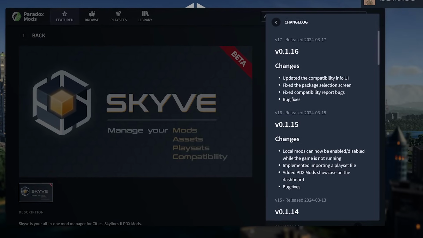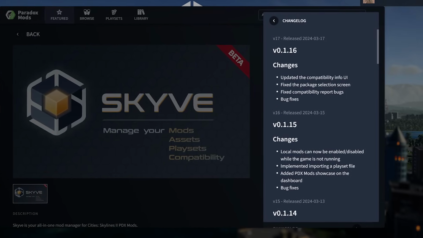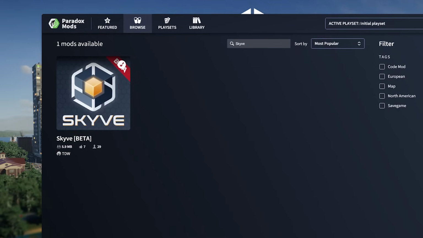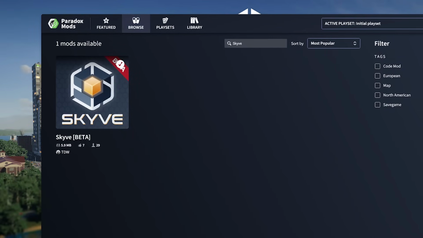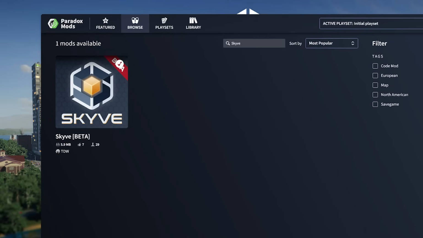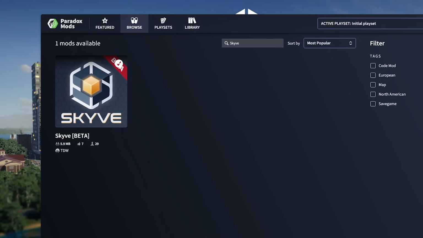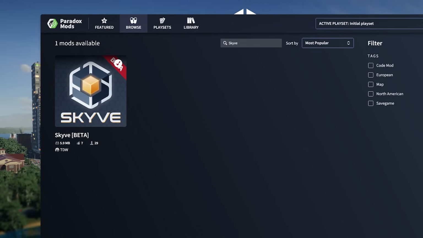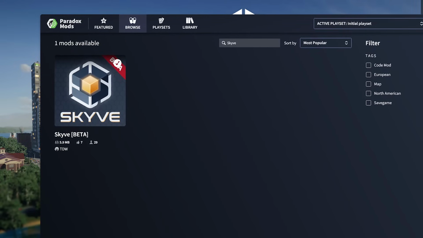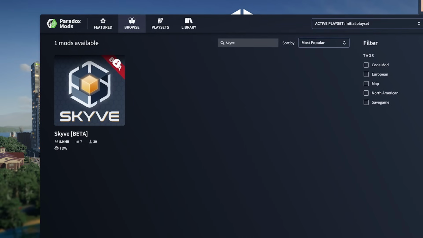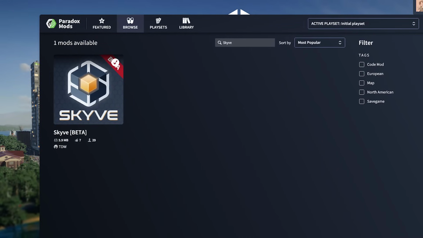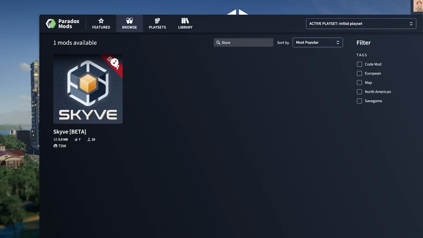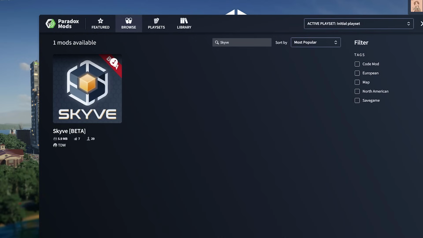One thing I would like to see in Paradox mods updated, which I will show on screen right now in a screenshot of Paradox mods, is the ability to see when the mod was last updated on the actual page for it. So the preview image right here, I would like to be able to just quickly see when it was last updated, especially if you're sorting by last updated up in the top. But again, it's in beta and they are listening to our feedback, and I'm blown away that it's as feature rich as it is currently.